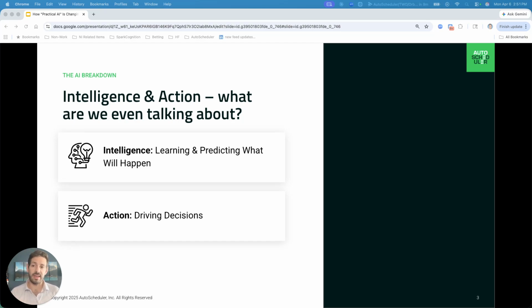The second type of AI is going to be action-oriented AI. This is AI that actually helps drive decisions, a pool of optimization, reinforcement learning, different types of algorithms that not only take data, but also input semantics, so context, for example, and then help us decide what is the action that we should actually take in order to move forward with whatever project it is that we're working on.